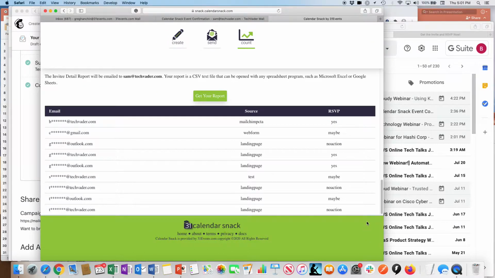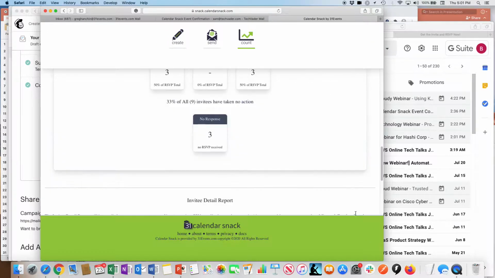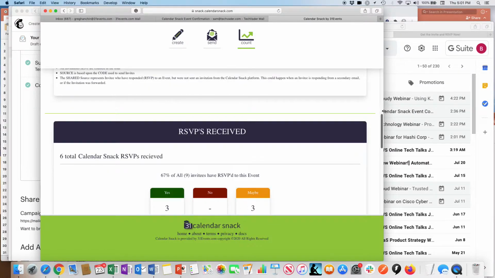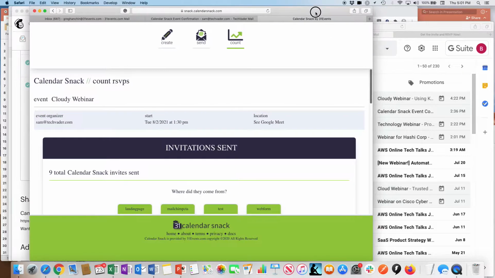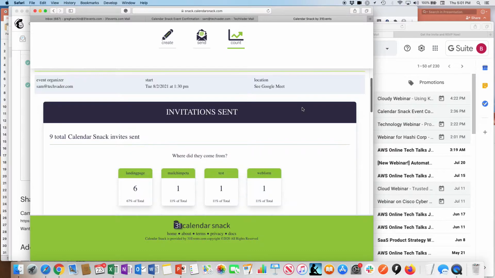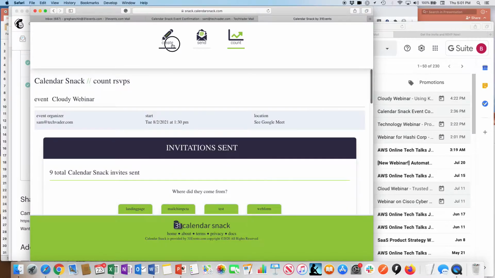This is Greg again with 31 Events in CalendarSnack. You can see I'm in a snack right now. I've generated this snack by going to my own calendar, and I copied create at CalendarSnack.com off a Google or Outlook calendar, and you can get a calendar snack. In this case here, I've